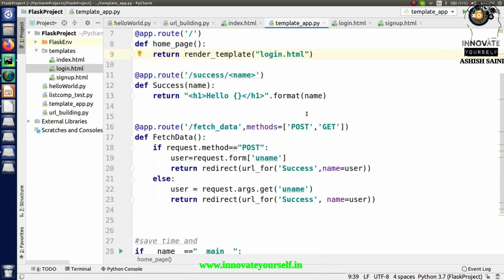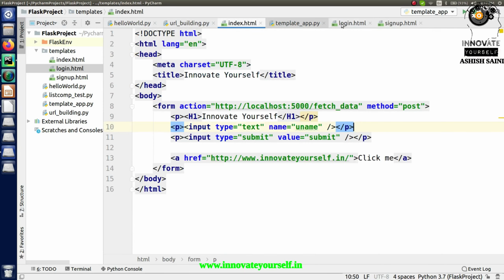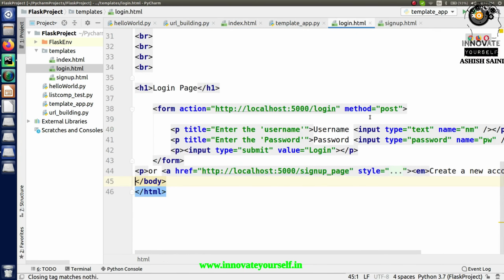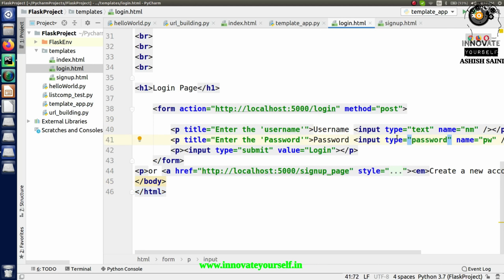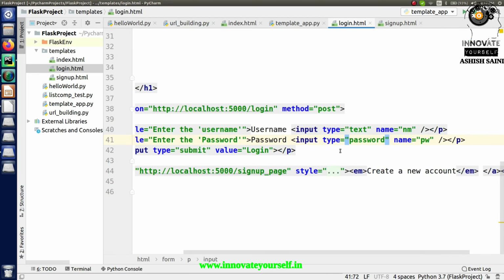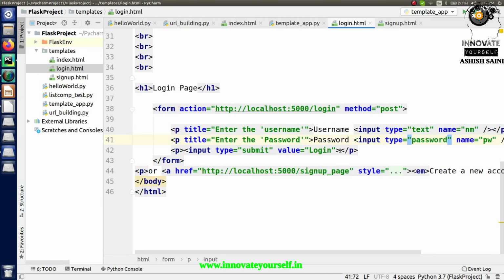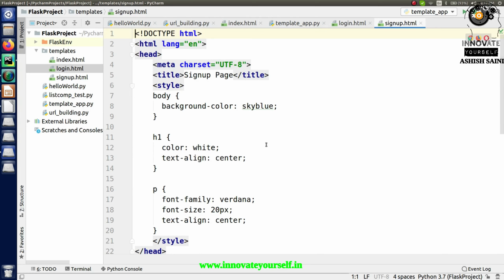When you see this page, you will enter some values. As you can see here, I am asking the user to enter two values. The first is the username, and the second one is the password, where you have to enter the password, right? This is the web page which I have created, and similarly this is the sign up page.